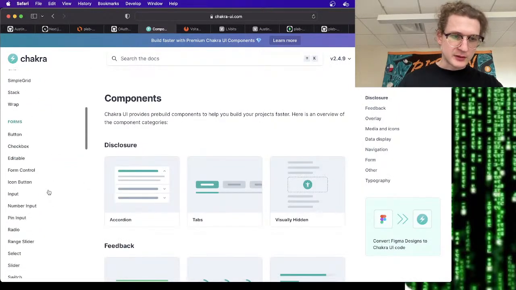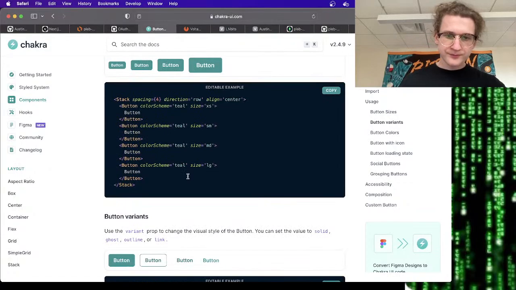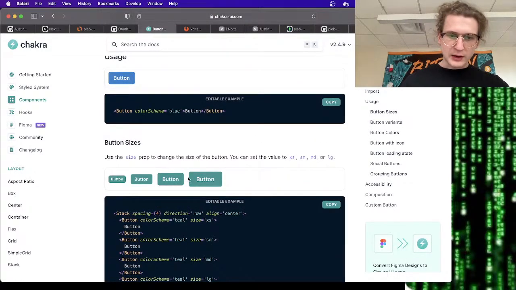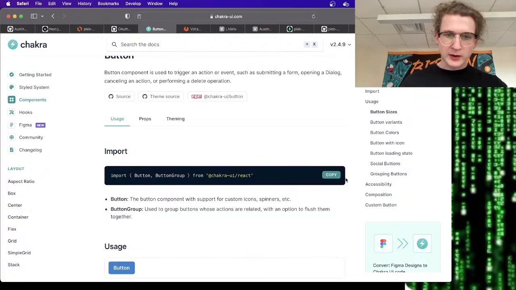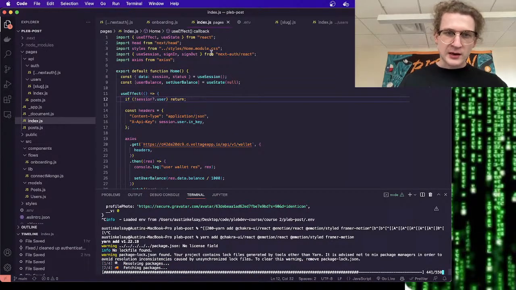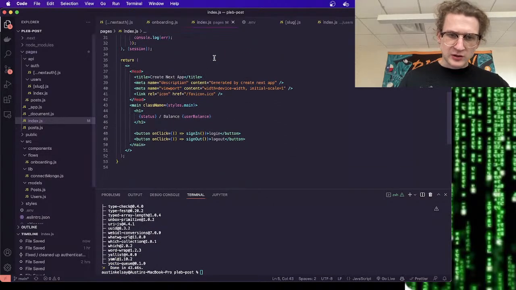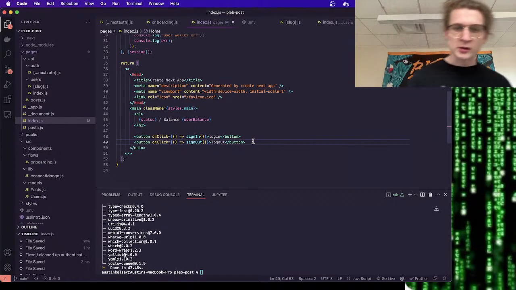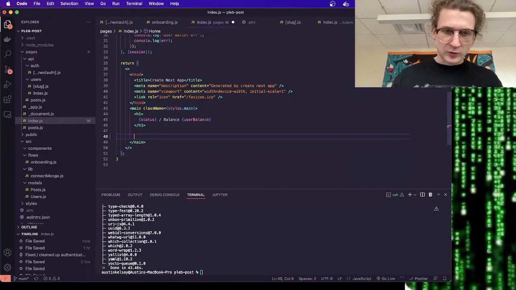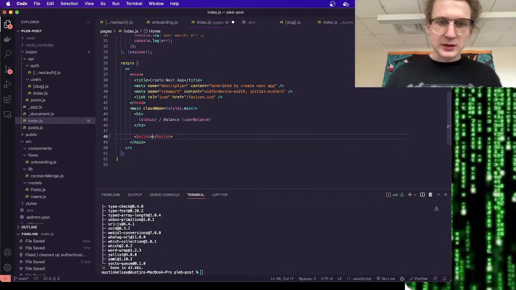I'll find buttons, they'll be somewhere here. Import Button and ButtonGroup. Cool, so I'll just get their regular old button. I'll just copy this import here. The library is still installing, and we're going to use this in our index component. I don't need ButtonGroup actually, just need Button. And I'm going to change these buttons right here. And we're just going to make it one button. So button, this will be,